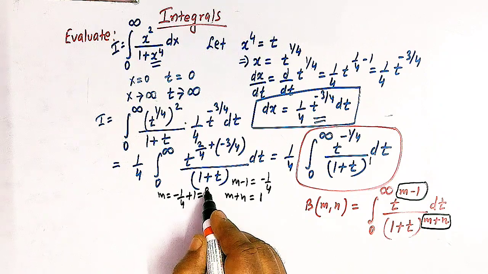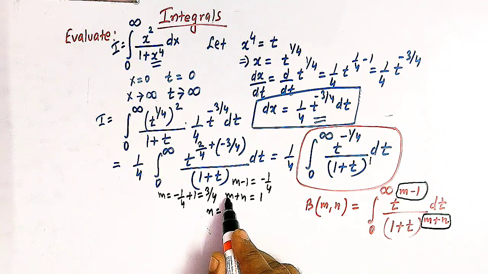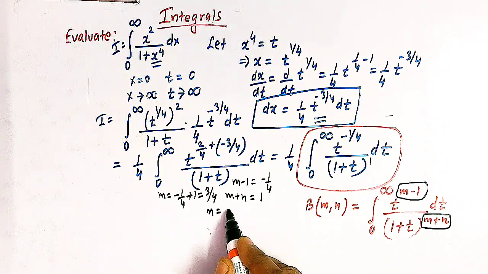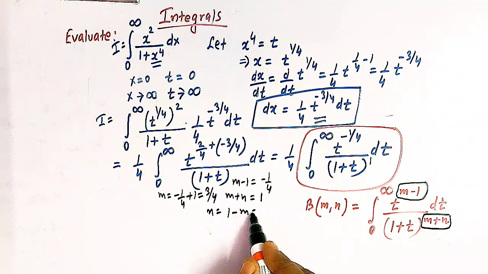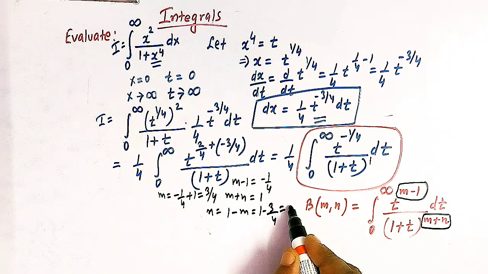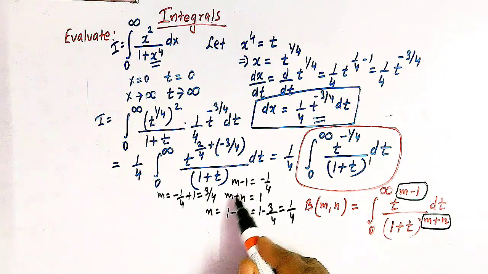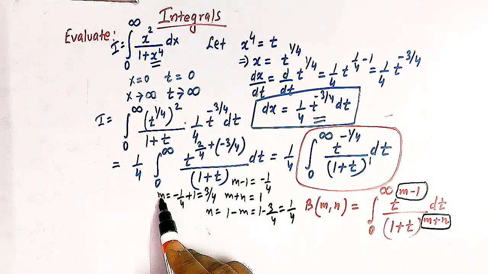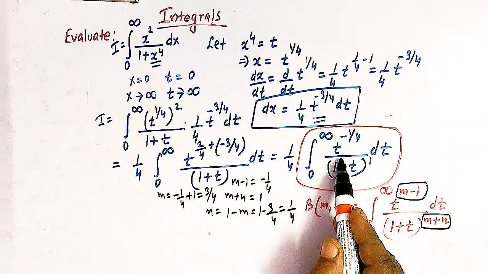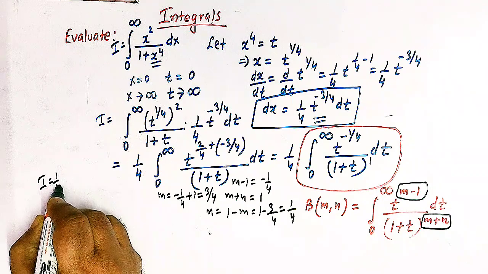This is 3 by 4, and the value of n can be obtained by taking m to the right hand side. We have 1 minus m, that is 1 minus 3 by 4. So this is 4 minus 3, that is 1 over 4, right? So now substituting the values of m and n, we can now write this integral I as 1 over 4,